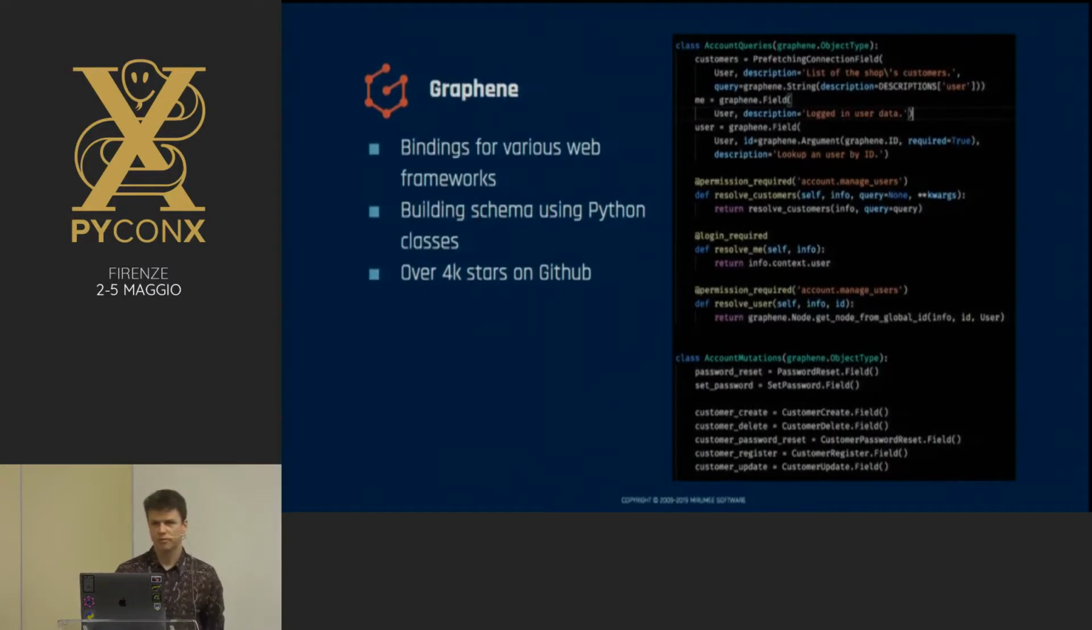So the most popular framework at the moment is Graphene. And if you were attending PyCon last year, there was a presentation by Patrick about the basics of Graphene. And how does it look? So just to remind you,